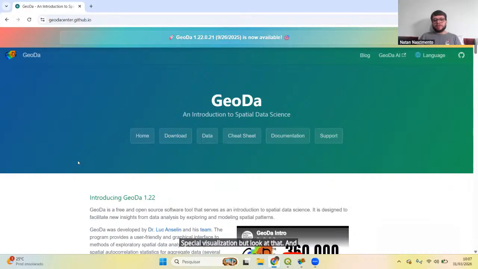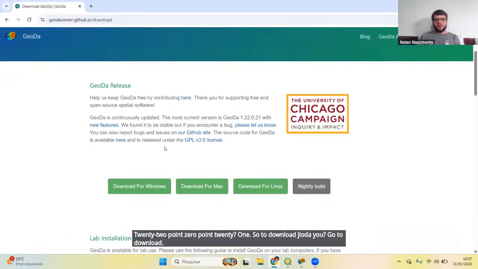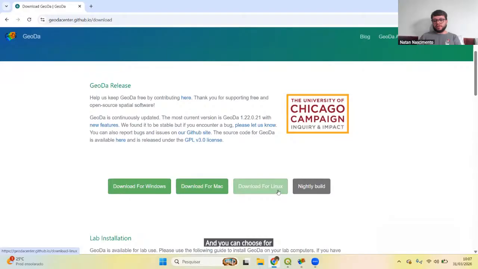And it's now on its, I think, 22nd version. The last update was in September, 1.22.0.21. So to download GeoDa, you go to download, and you can choose for Windows, for Mac, or for Linux,